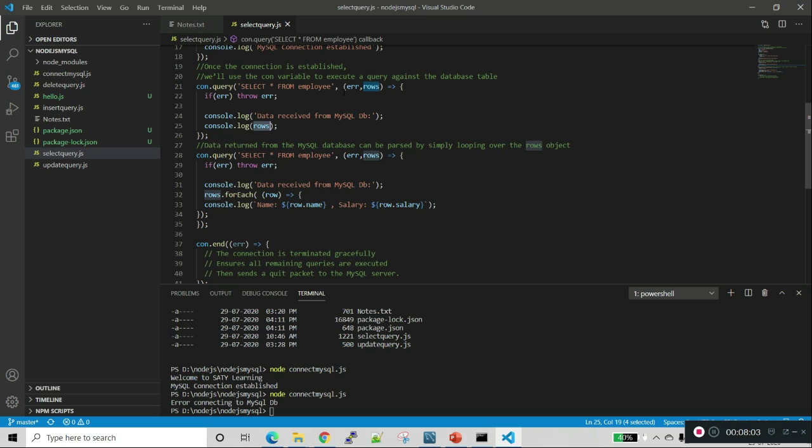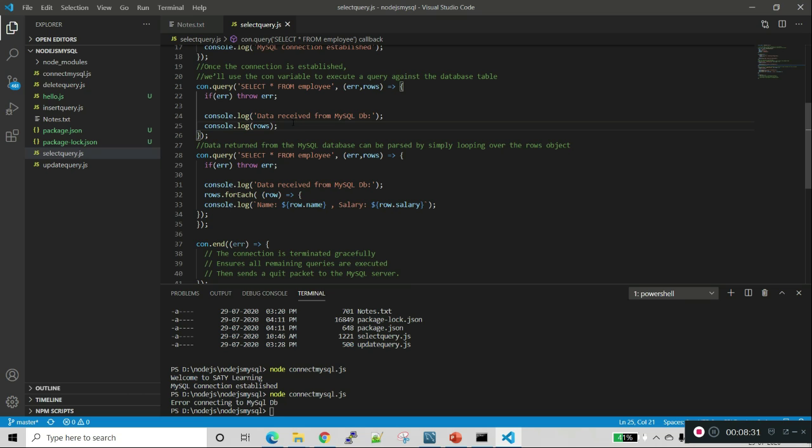The rows are the output from the select query. So there are two outputs, one is the error and the other is rows. When there is an error, we are throwing the error. When there is no error, it means we have successfully fetched the data from the database, and I am logging all the rows. This will print the entire output.